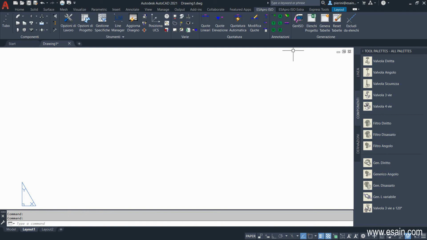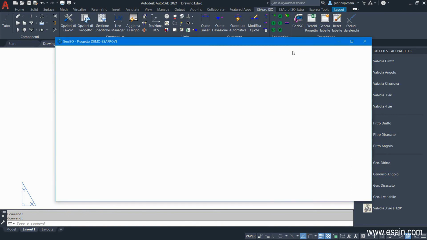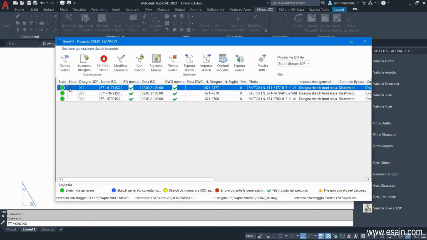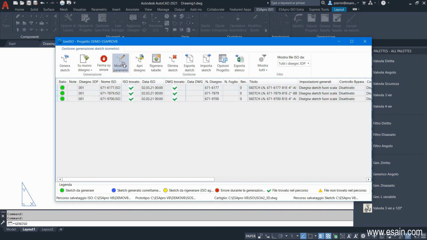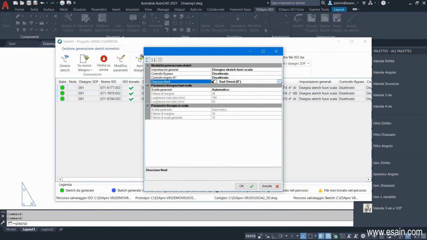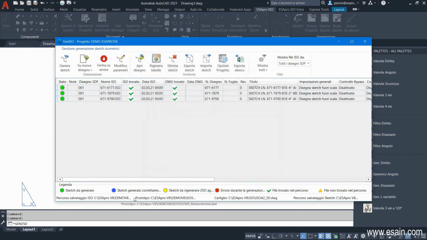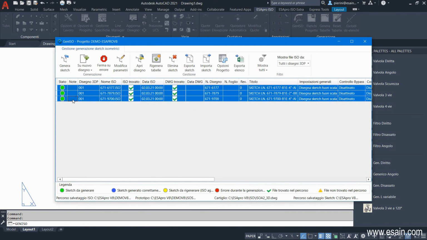We are in the ASA Pro Isometrics environment, and we are now going to process the ISO files generated by the ASA Pro 3D piping module. We select the 3 groups. Here we have a series of options that allow you to modify the sketch's direction. And here at the bottom we have the saving paths of the DWG files. There is an entire setup environment that can be customized by the user.